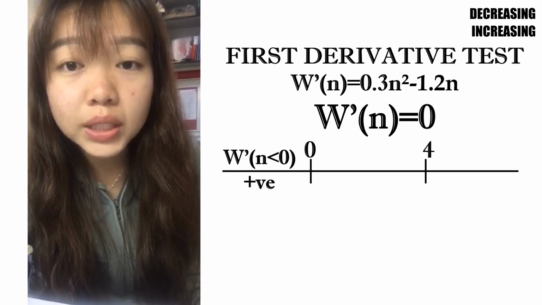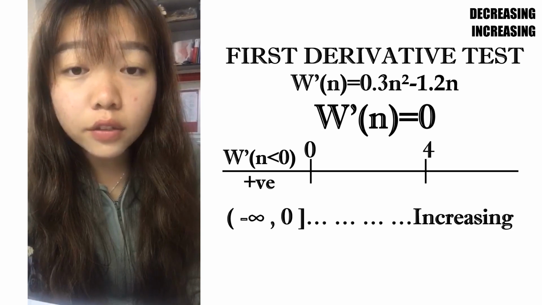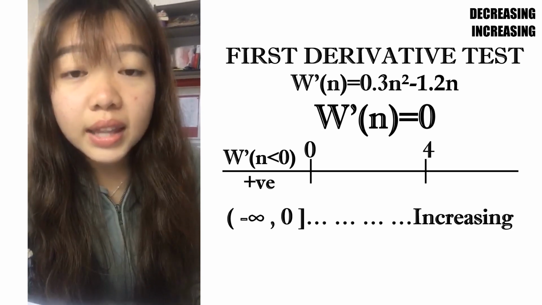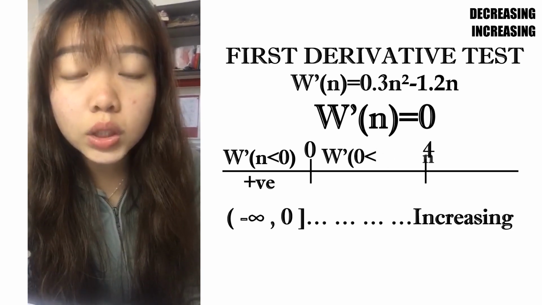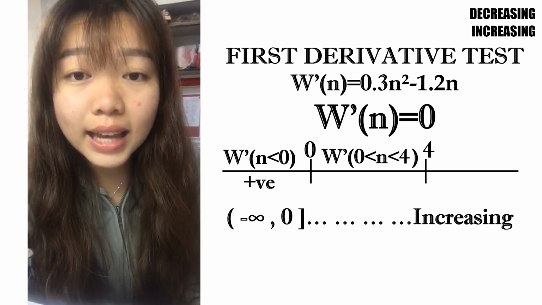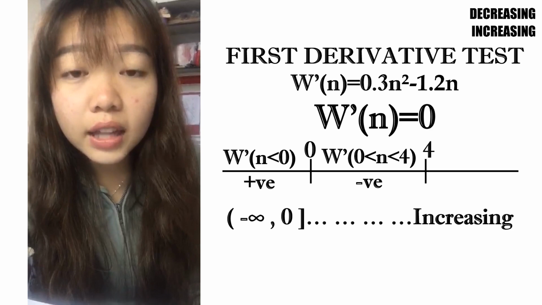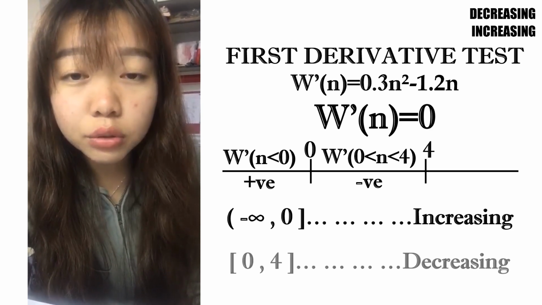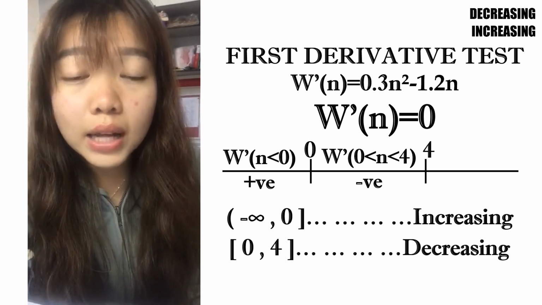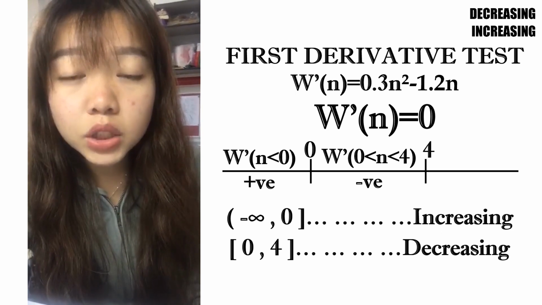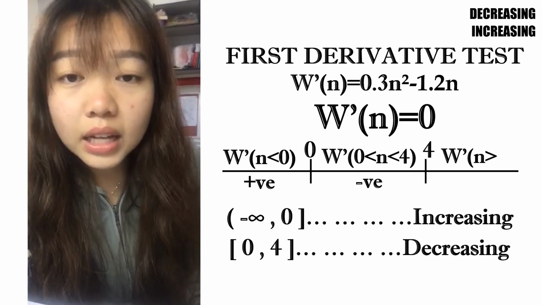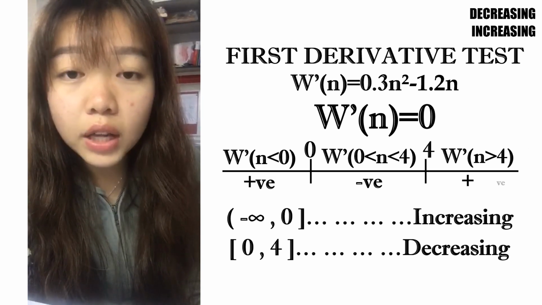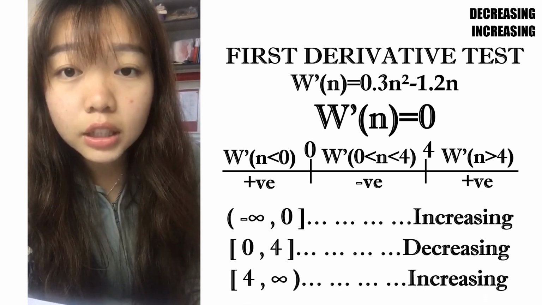This shows w is increasing from negative infinity until 0. Next, substitute the number 1 or 2 or 3 into the w prime n function, and the answer will become negative, and this shows w is decreasing from 0 until 4. Lastly, substitute any value greater than 4, and the answer will become positive, and this shows w is increasing from